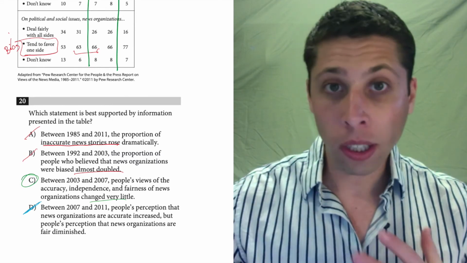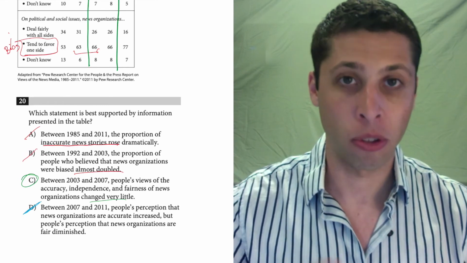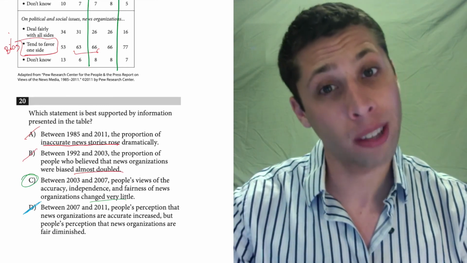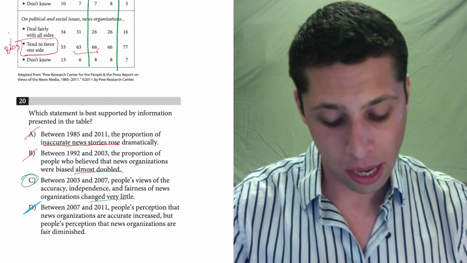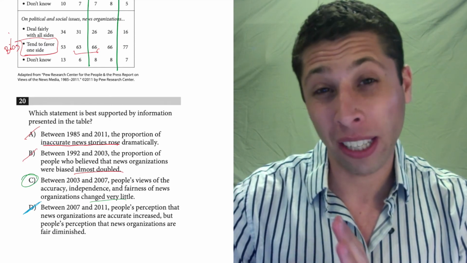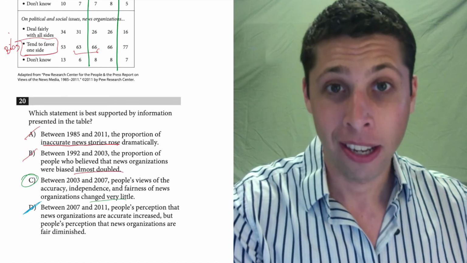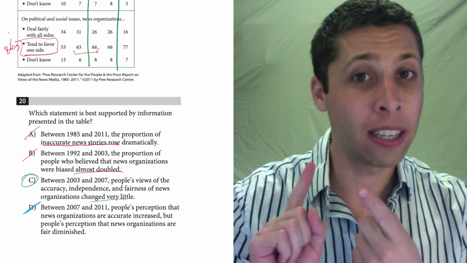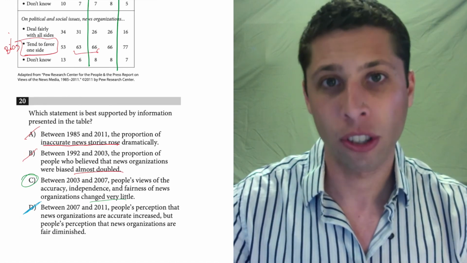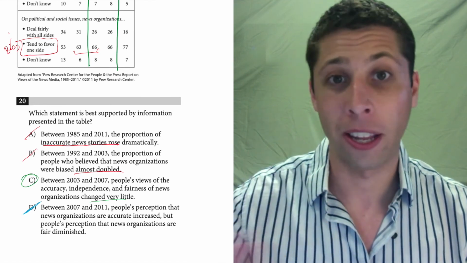We still have to do a lot of work and really understand this chart, but a question like this is really just testing accuracy. So it's important to keep track of what the chart is actually measuring, because they're going to try to slip things by you, mostly like they did in choice A, where they're trying to make you think that the numbers mean something other than they actually mean. So you have to just be careful. Read the title, read the legend if there's a legend, any notes at the bottom, things like that. Just keep track of it all. But then beyond that, it's just looking and seeing, do numbers go up or do they go down? That's it.